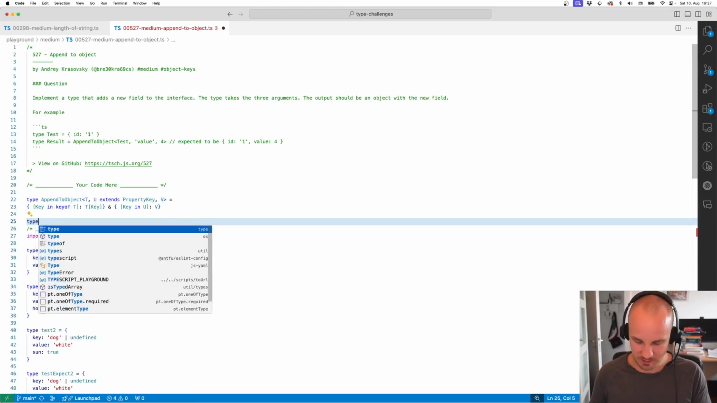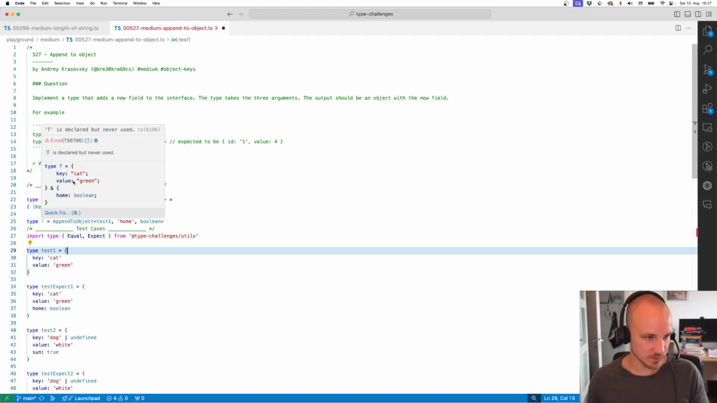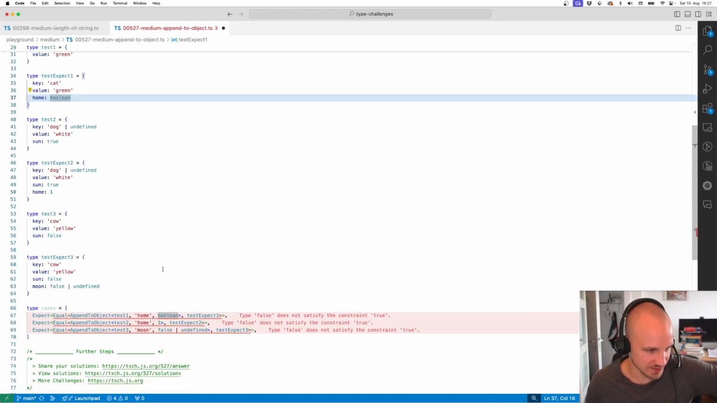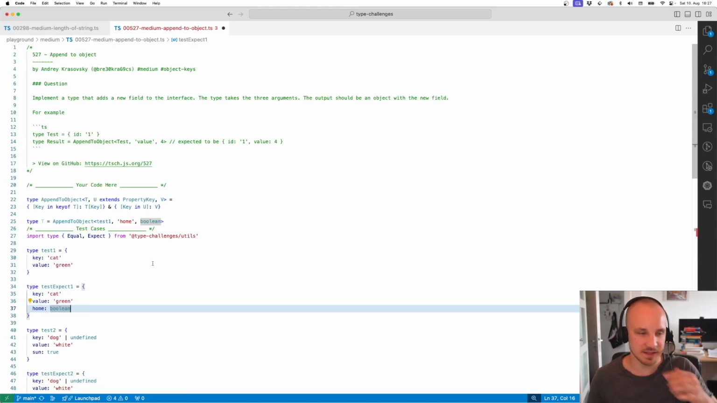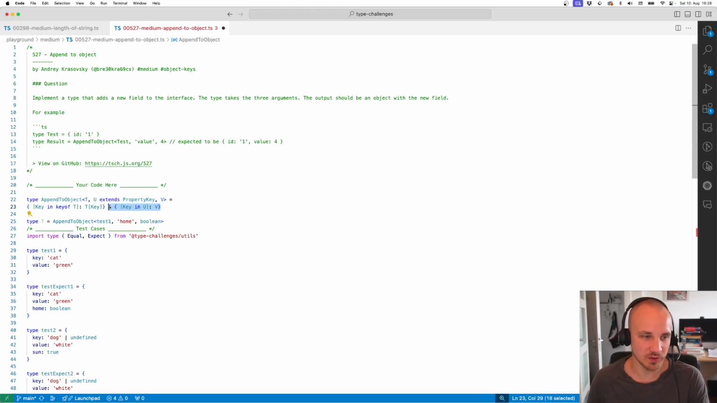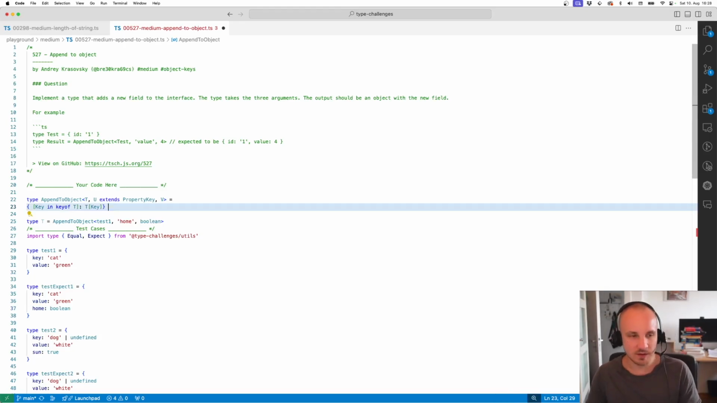Let's check this out with our own type. So the result is key cat value green intersected with home boolean is the exact same type as this, but it doesn't pass the equal. So the intersection does not pass the equal, so we have to put all of this in one map type,